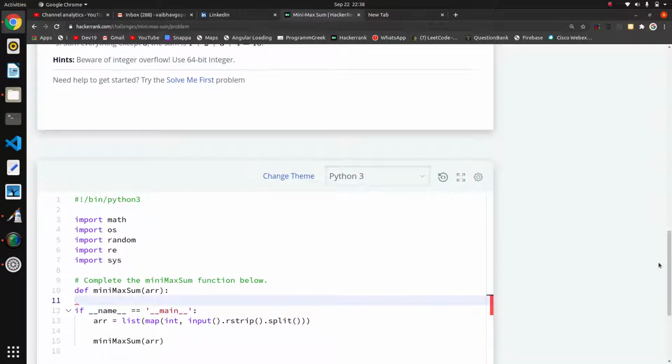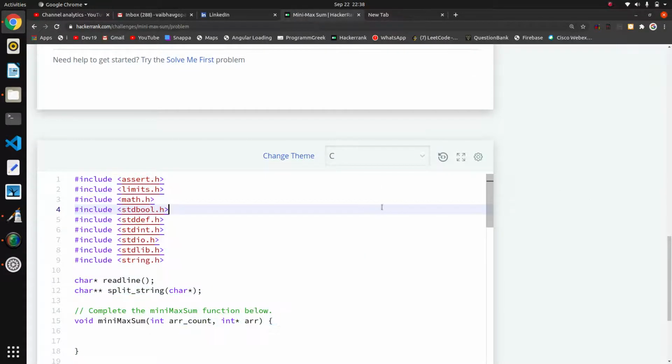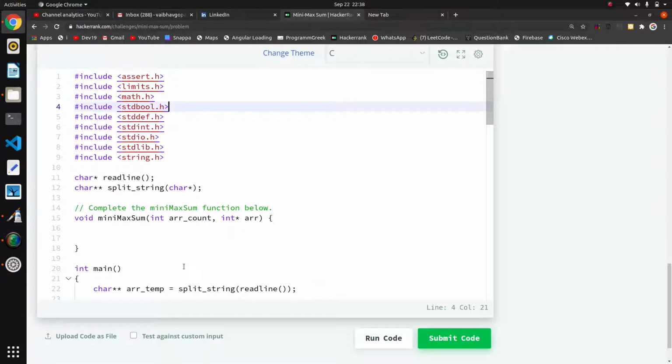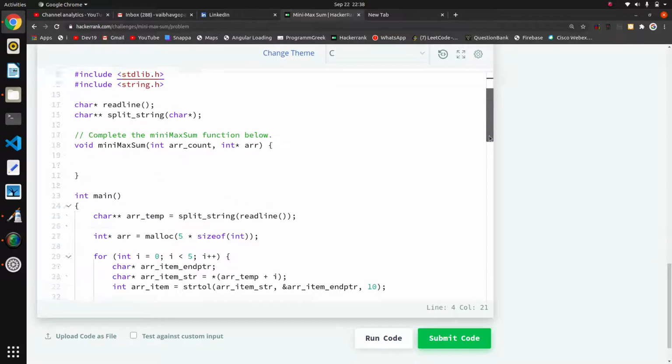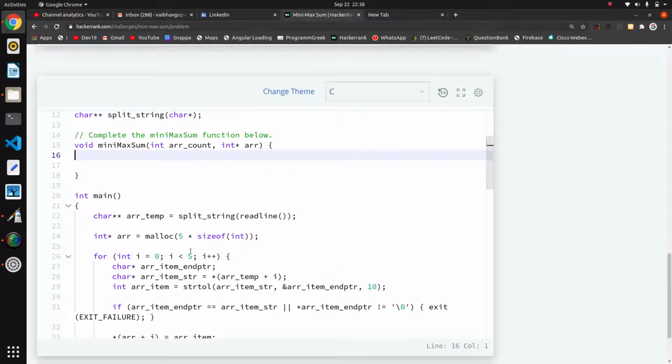The logic is the same, but I will show you in C, because I think C is better. Here they are taking all inputs through files and they are passing the array and the length of that array in arr count. Now I have to find the minimum and maximum number.